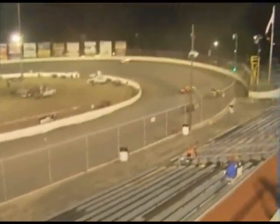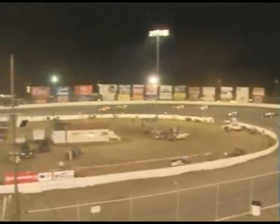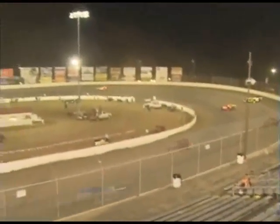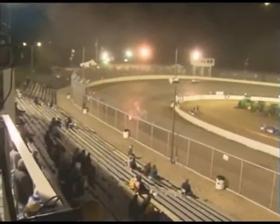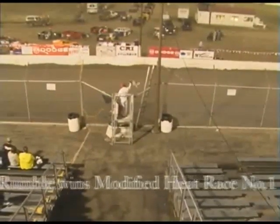Kenny Rumble, your leader. Conrad Miner second. And Kenny Wallace just keeps moving up. Look out, Herman. The white for Kenny Rumble. Here comes Wallace. Down to third now. With a big lead on a turn 4, your winner is Kenny Rumble. Conrad Miner is second. And from the back, Herman, Kenny Wallace finishes